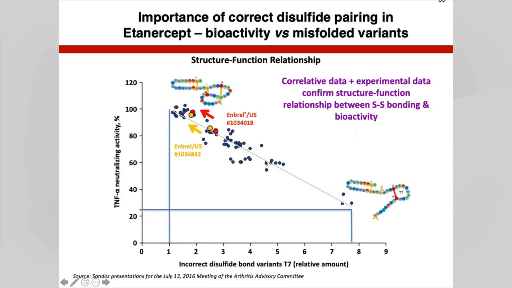They could see a relationship between those samples that had higher levels of the trisulfides and lower activity versus those samples that had lower levels of the incorrectly linked disulfide and higher activity. So they had correlative data to show a relationship between incorrect disulfide bonding and activity, but they also took